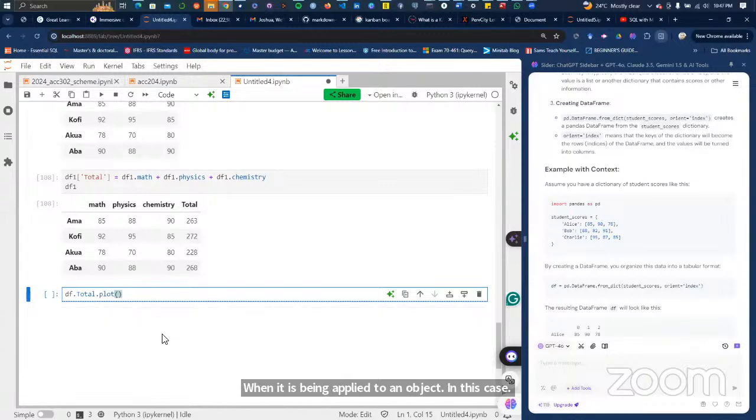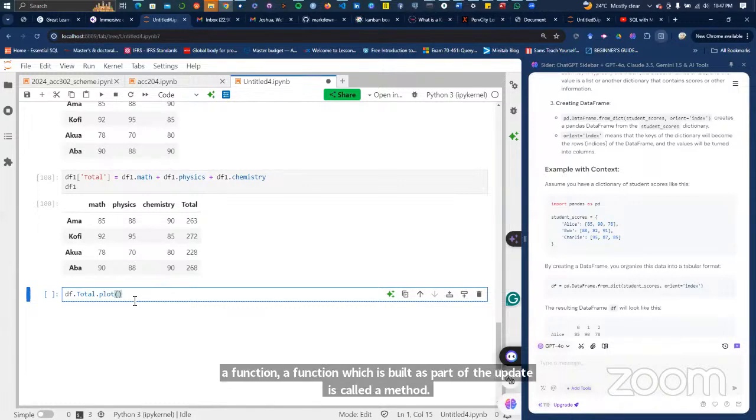It means it is inherited, it is embedded in that object. The object inherits it automatically because of the object's nature. So the dot means it's part of it. And if a function is built as part of the object, it is called a method. That's the difference between a function and a method.